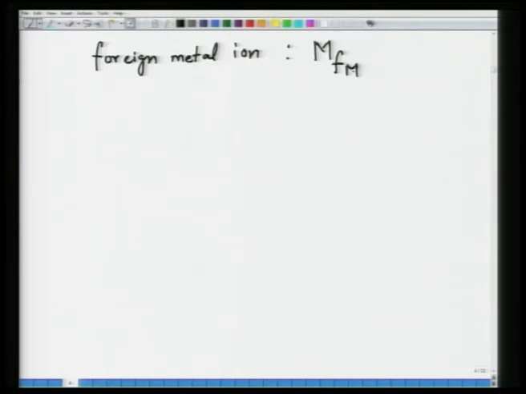A foreign metal ion on a metal site, which is the regular metal site: if the oxide was MO, then this foreign metal ion MF going to a regular M site will make it MFM, and the number of dashes here will depend upon the charges carried by the foreign metal ion. So, for instance,